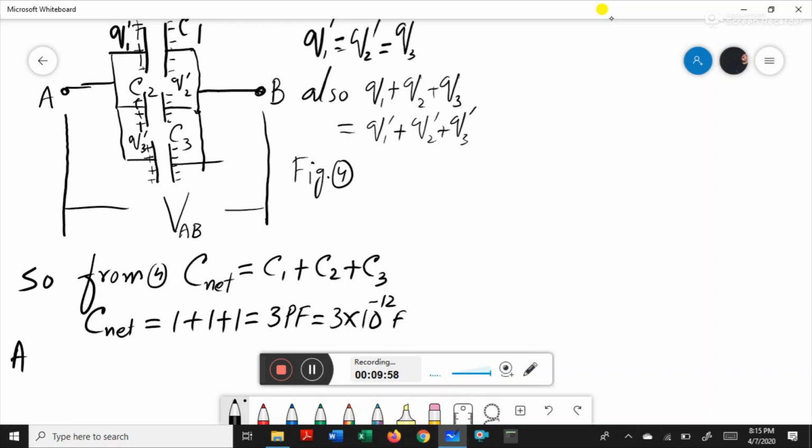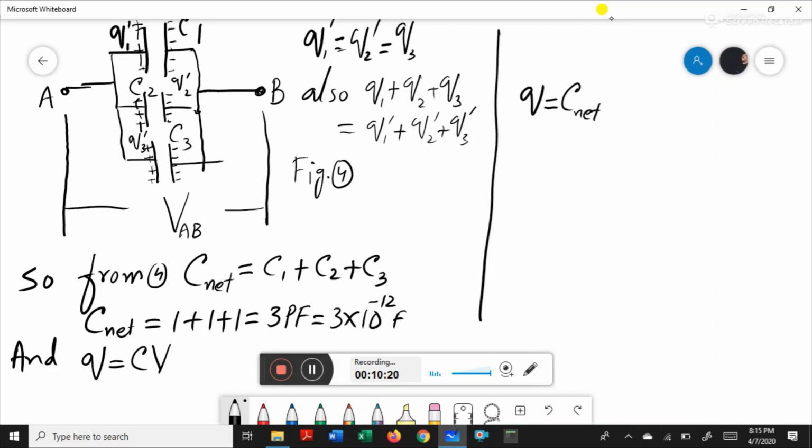And according to the law of capacitor, Q is equal to CV. This is the law of capacitor. So Q will be equal to C net of the combination and the common voltage VAB. This implies that VAB is equal to Q over C net. So we have developed a formula, हमने एक formula develop कर दिया जिससे हम VAB find out कर सकते हैं,